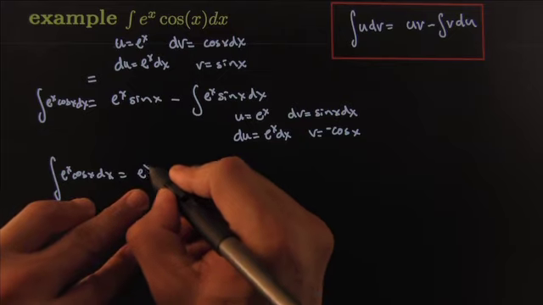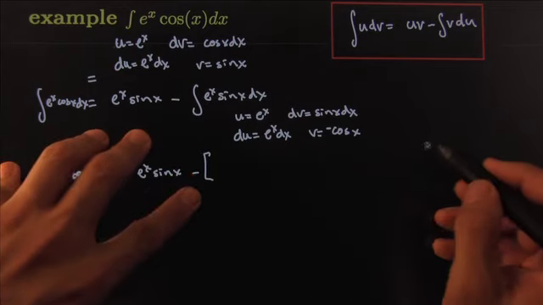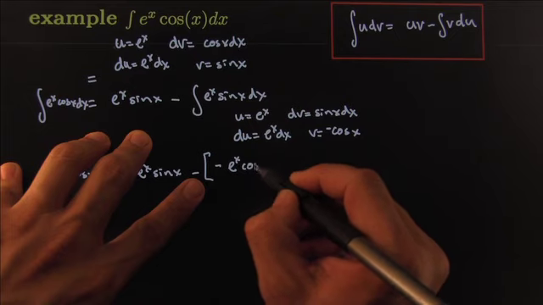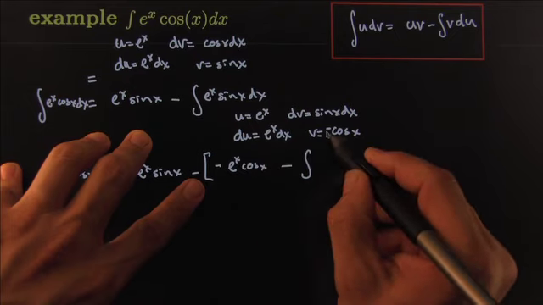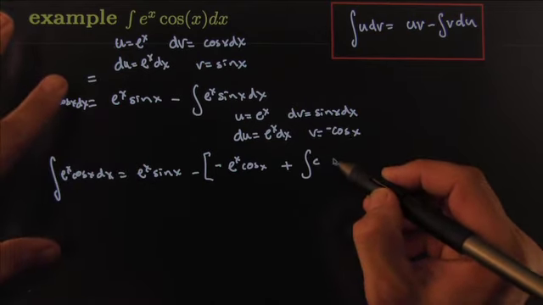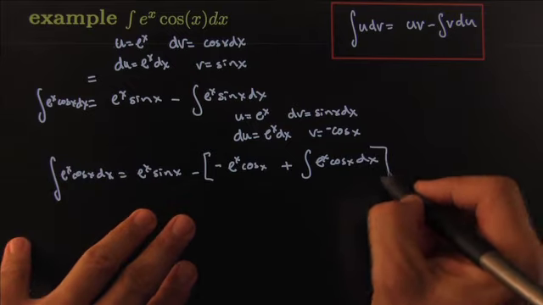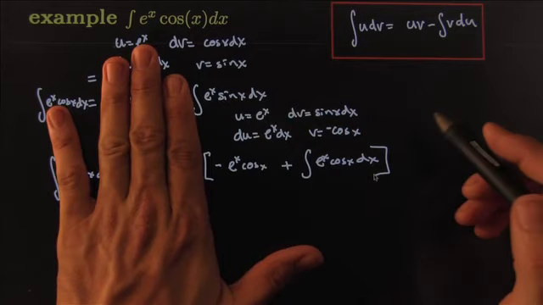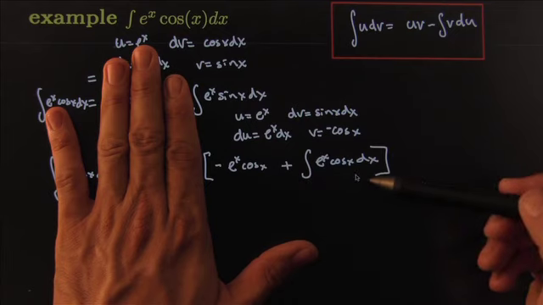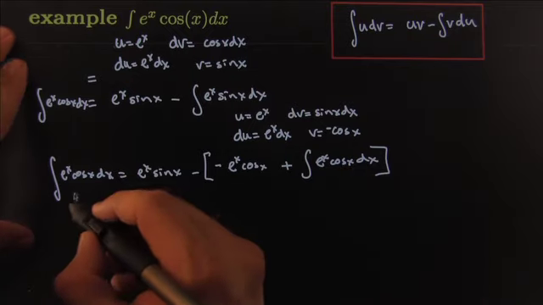is equal to e to the x sine of x minus, okay, I got this big old thing here, I'm going to need some space, vu, so I have negative e to the x cosine of x minus integral, well I have a minus there, it'll give me a plus, cosine of x, wait I need e to the x there, e to the x cosine of x dx. That's this piece right here, on this little by parts, on just that piece alone, that's what we get for that expression. Okay, I have to distribute this negative and clean it up,